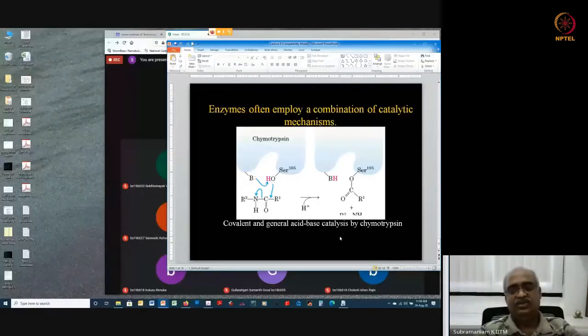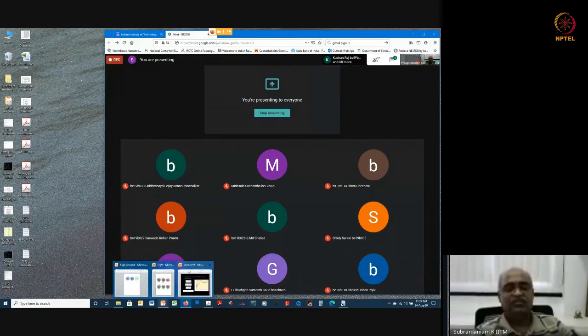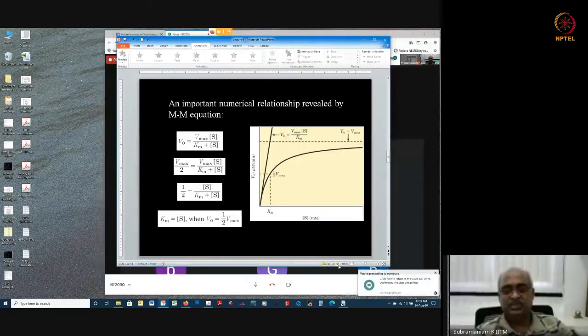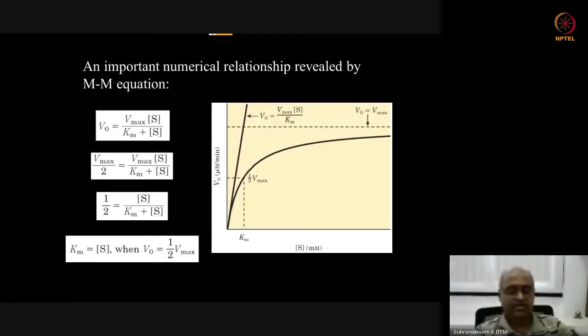So this brings us to the end of a general introduction to enzyme catalysis. Now we are going to specifically talk about how we get to the enzyme mechanisms. Like how do I find out what specific groups are involved in a particular reaction, and how it is really bringing about the conversion of the substrate to product. The reaction mechanism, essentially